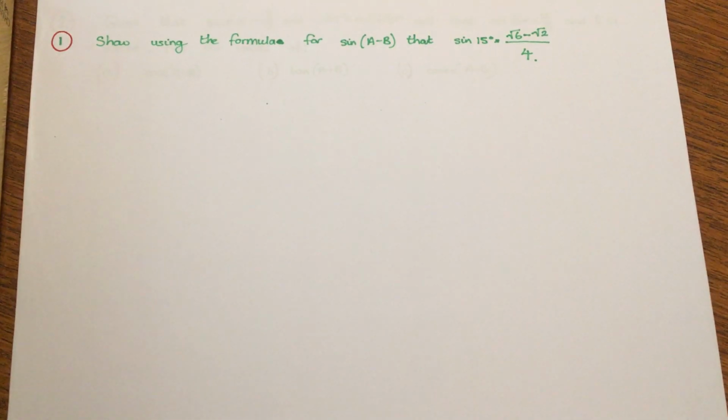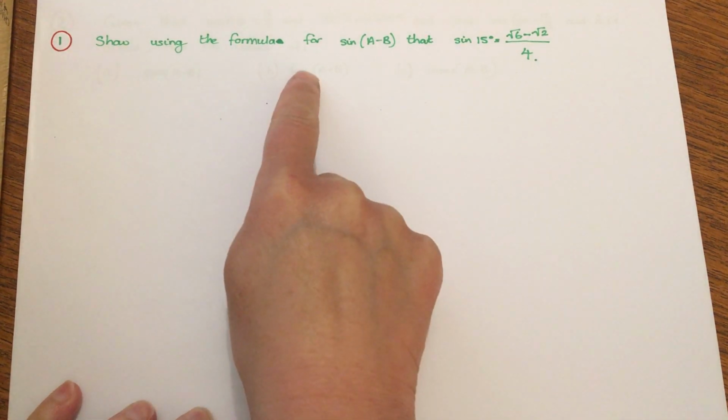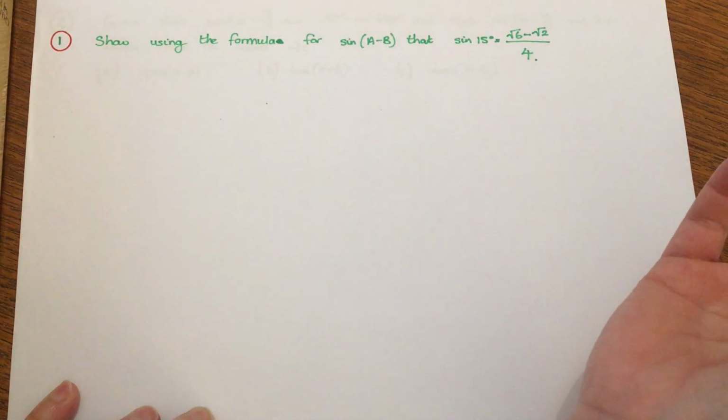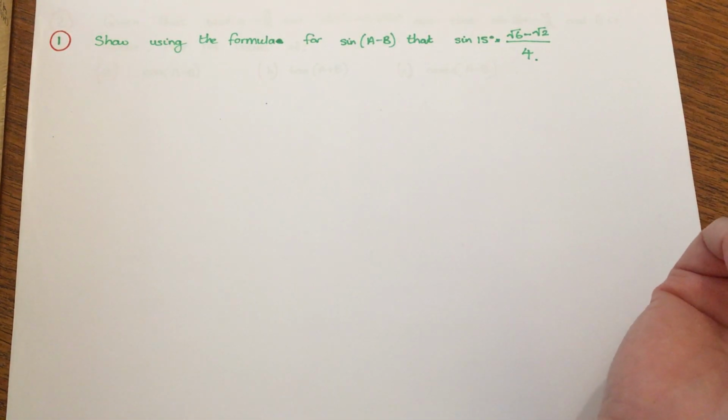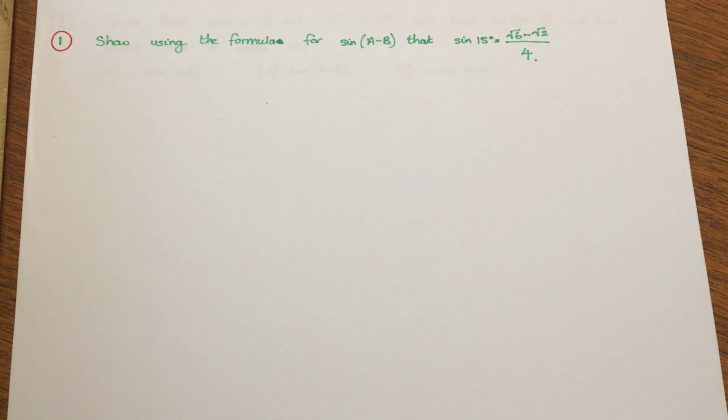So this is the finishing off the addition formulae. Some of the questions, if you look at old papers on this, might say show without using a calculator. More recently, they say show using the formula. But whenever they're asking you to show something, they're normally looking for you to use exact values. So try, if you can, to think back to your exact values, and as best as you can, do it